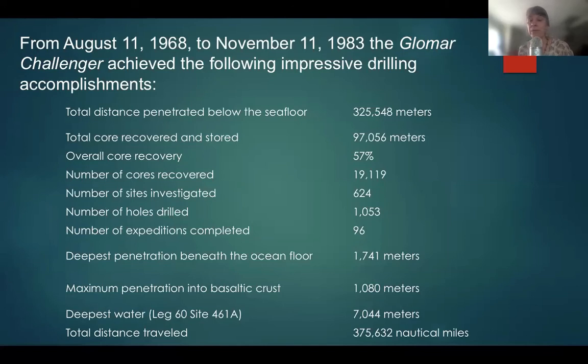Okay, so the Glomar Challenger operated from 1968 to 1983, about 40 years. A ship's lifespan is around 50 years. After that time, everything falls apart. And in that time, if you took the total distance, it had penetrated below the seafloor